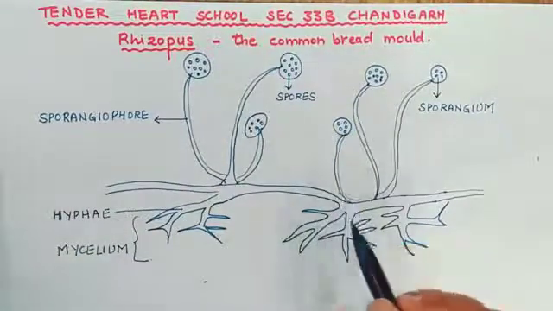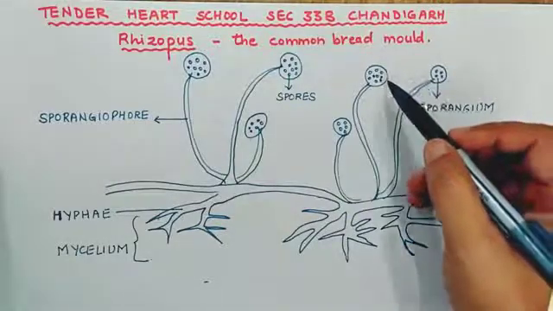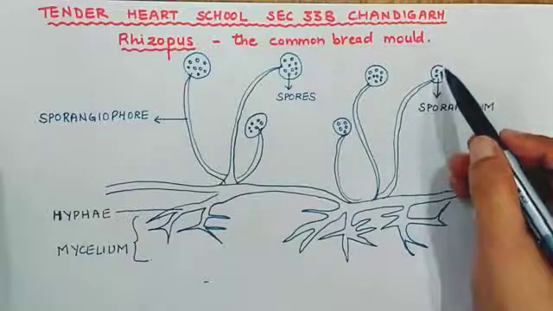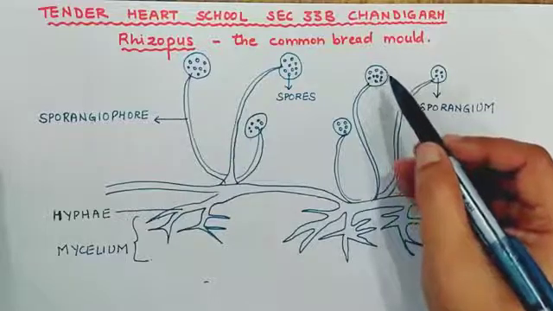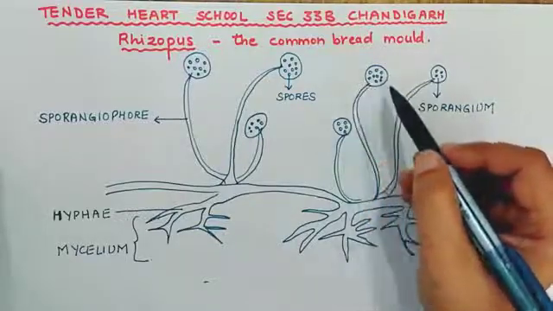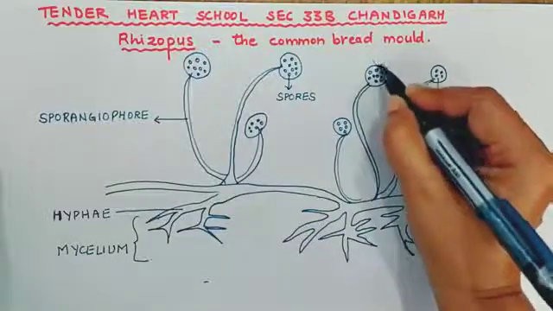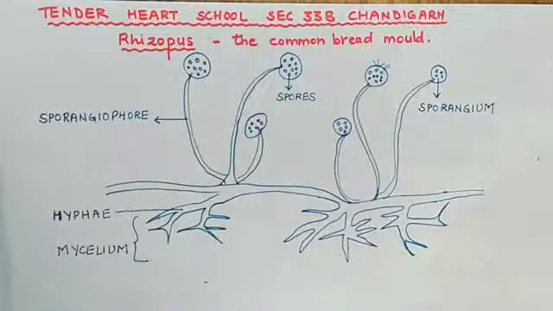Children, it is important to note here that when these sporangium mature, they rupture. When the sporangium is matured, then it ruptures and all these spores are liberated in the air. The sporangium, this swollen structure, when it is matured, it will break out, and all the spores will come out in the air and they will be dispersed by the wind. Right now also in the air, there may be so many spores of fungus.